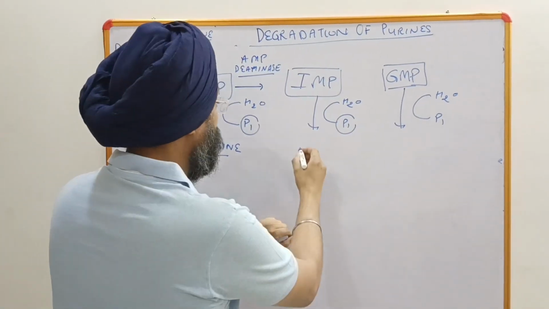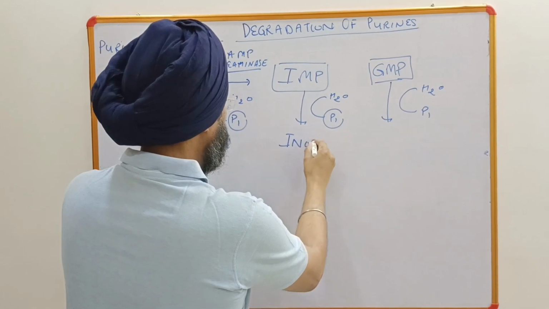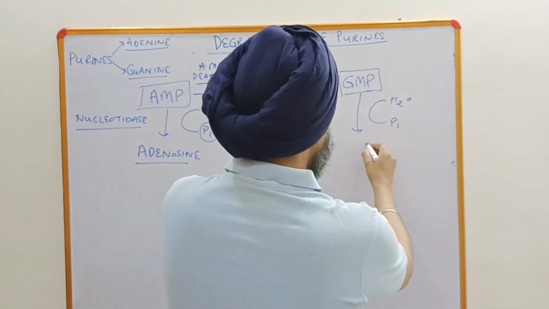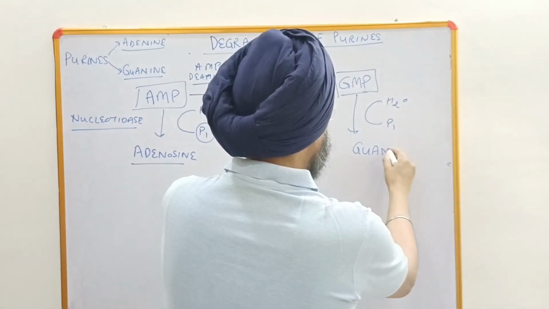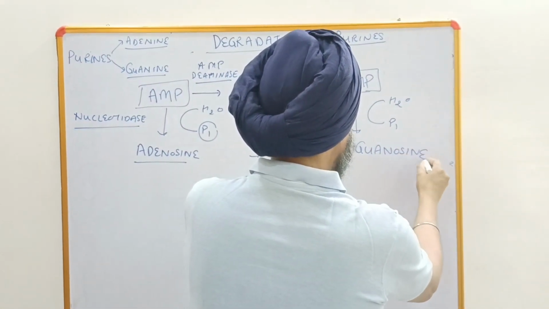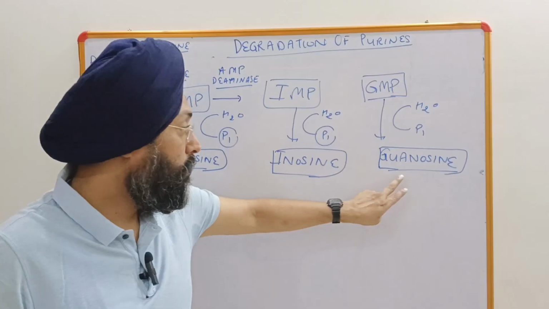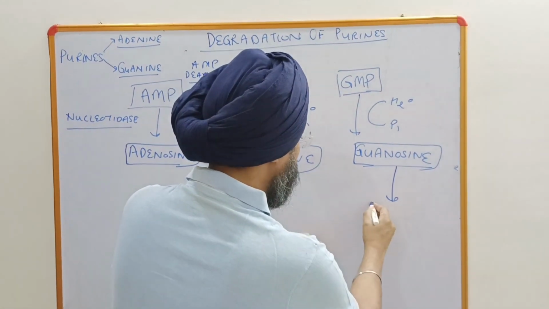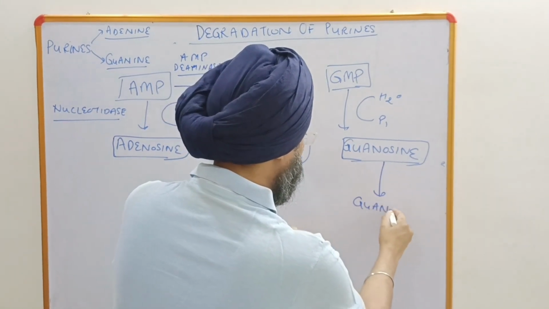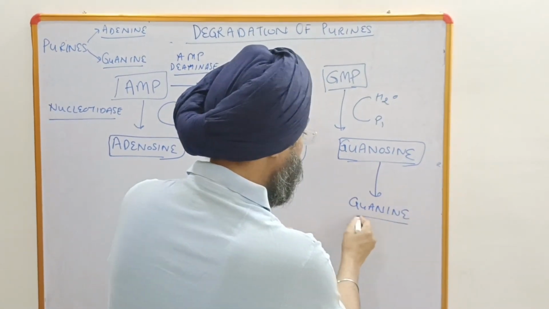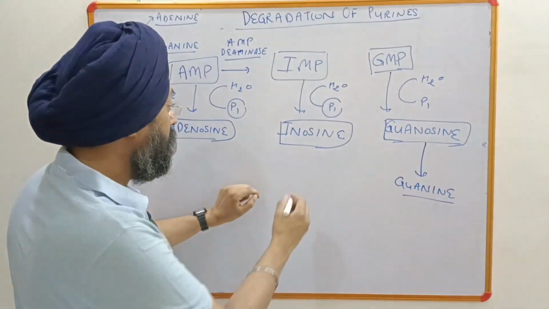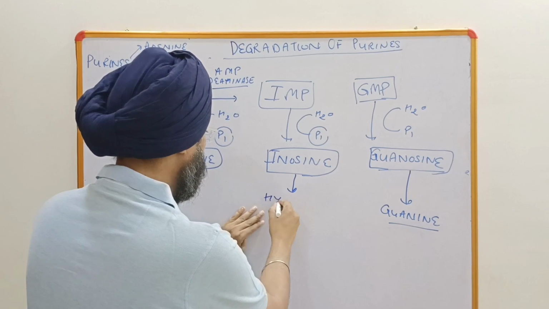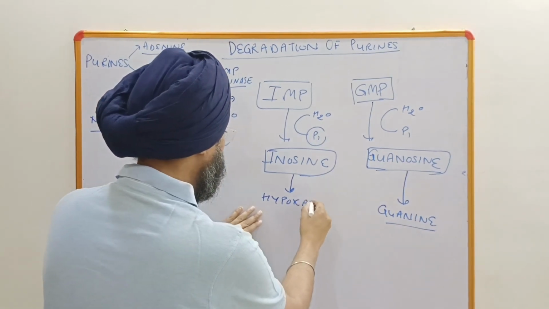From IMP we will get inosine, from GMP we will get guanosine. We have guanosine, which can be further converted into guanine, right? And inosine can be further converted into hypoxanthine,